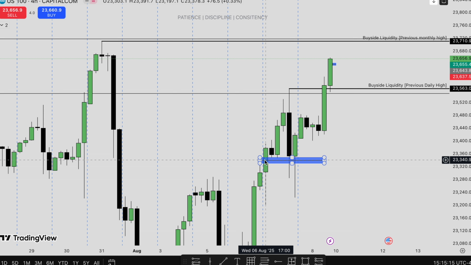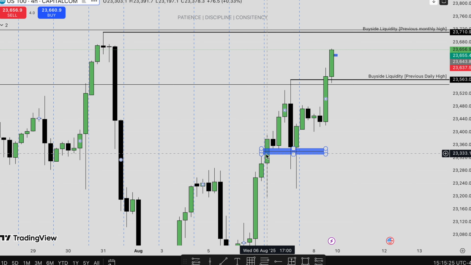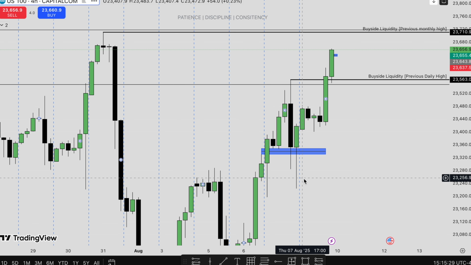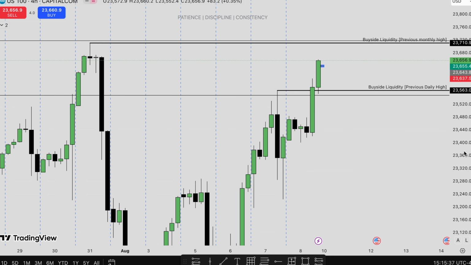Price respected this BSI as far as the bodies. I say this again, the wicks do the damage, the bodies tell the story. Price respected this as far as the bodies, traded back into this old BSI right here, and then we began trading higher. So these are all things that I was paying attention to when I was framing my long setup